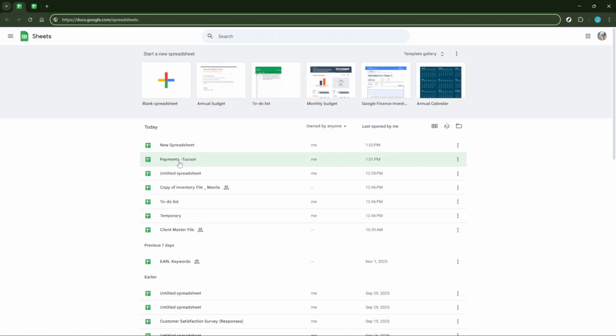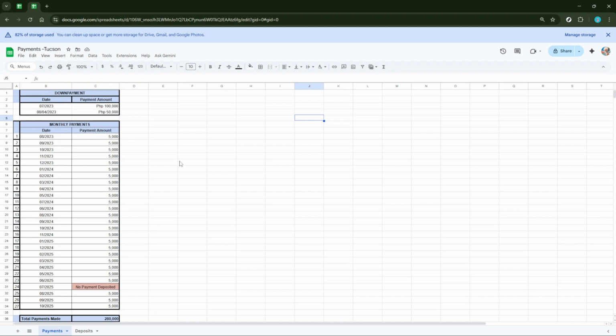Once you have your Google Sheet open, the next step is identifying which tab you want to share. Along the bottom of your screen, you'll see a row of tab names. Click on the specific tab that holds the data you intend to share. This action ensures that whenever you perform operations, they apply to the right area without mixing up other tabs that you may want to keep private.